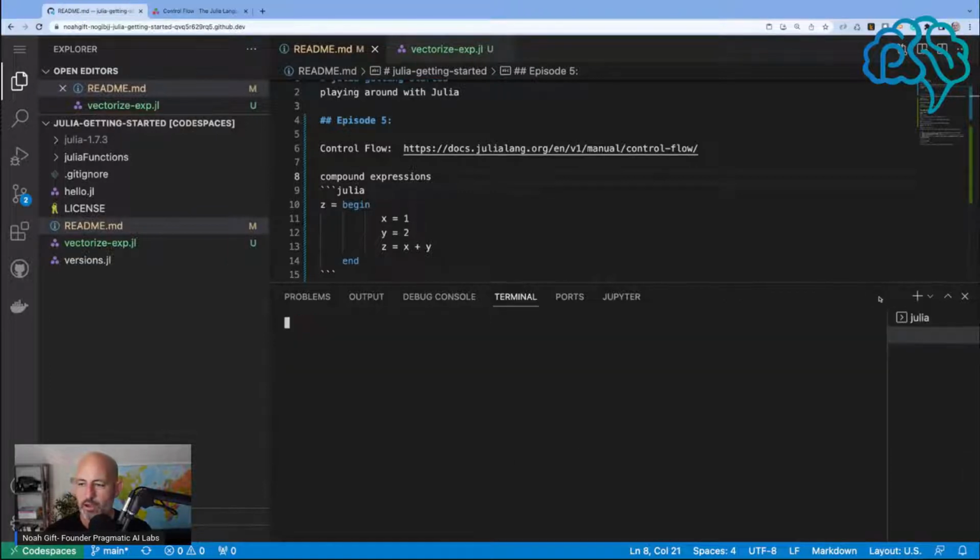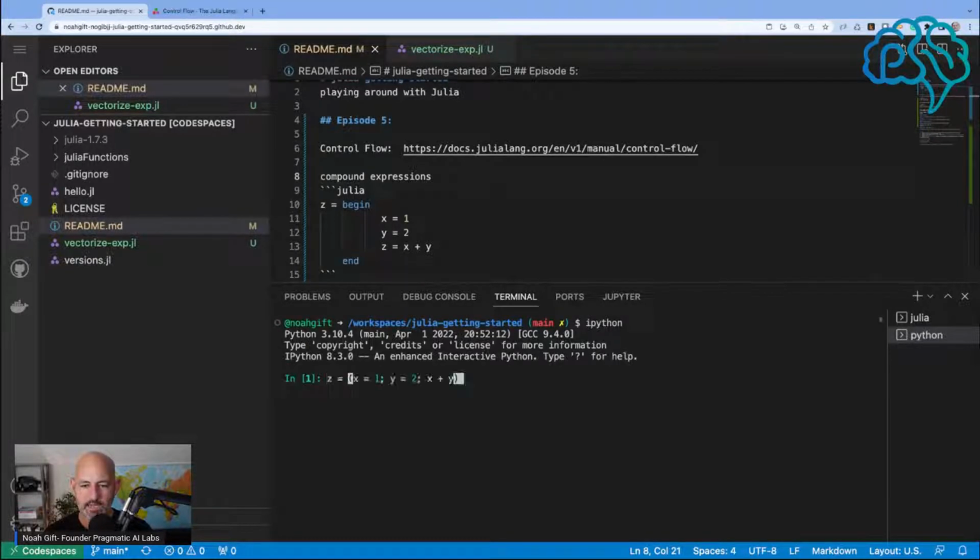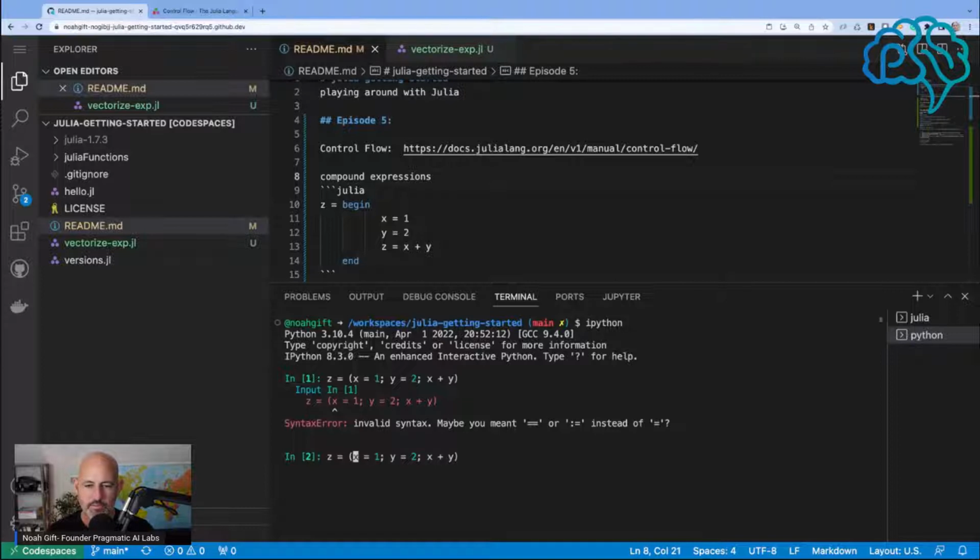In fact, I could compare. So if I just typed in, is IPython here? There you go. So if I wanted to do that exact same piece of code, what happens? You have to do in Python, you could do this, I believe, without the brackets. z is equal to x. Yeah, so you can do the same thing in Python